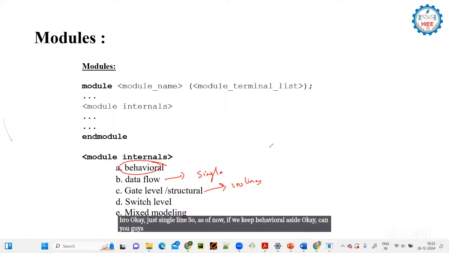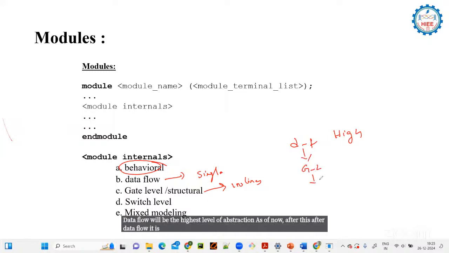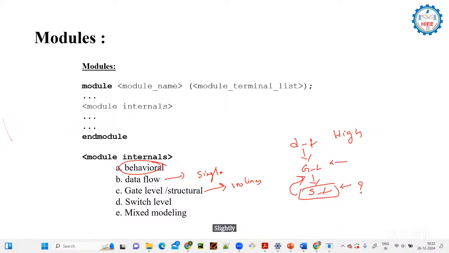So as of now, if we keep behavioral aside, can you tell me the order from highest to lowest with respect to abstraction levels? Data flow will be the highest level of abstraction as of now. After data flow comes gate level, and after gate level, switch level being the lowest. We know the reason why switch level is lowest, and why gate level is slightly more than switch level